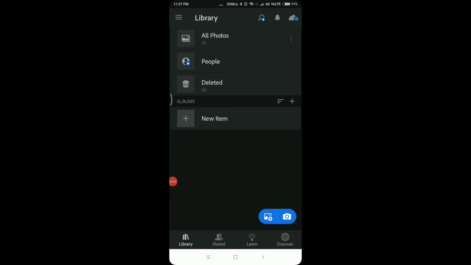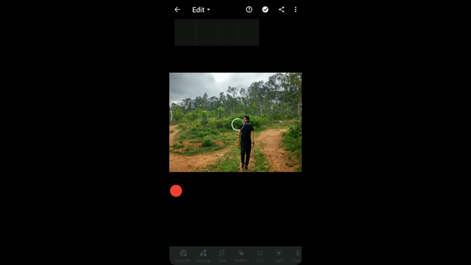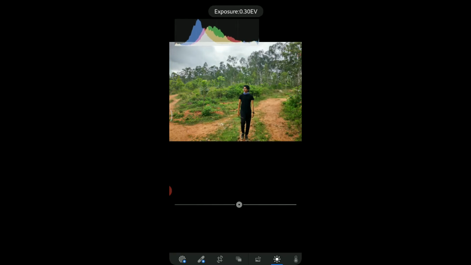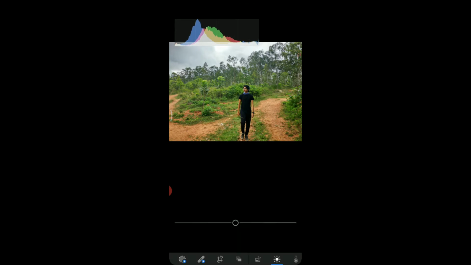Now let's straight away jump into our Lightroom app and open the photo that we want to edit. Once your photo is imported, we can go to the lights panel to play with our exposure, contrast, highlights and shadows. You can increase the exposure to about 0.22, increase the contrast to about plus 42,